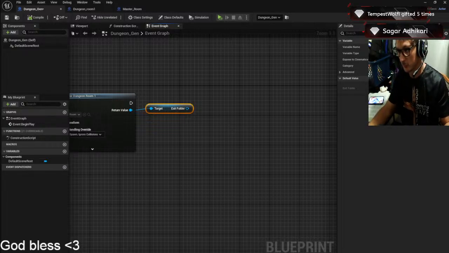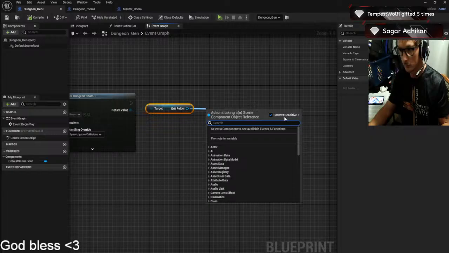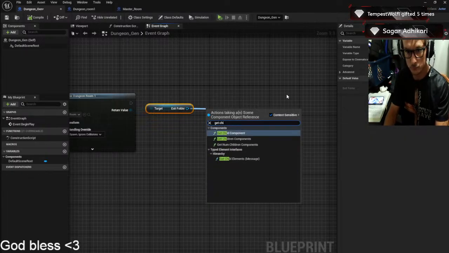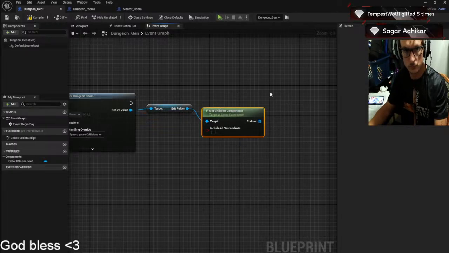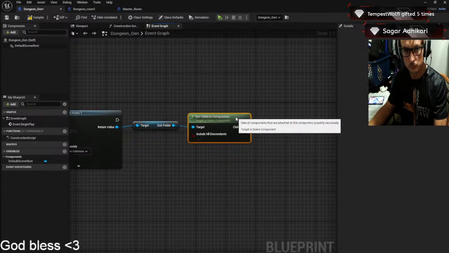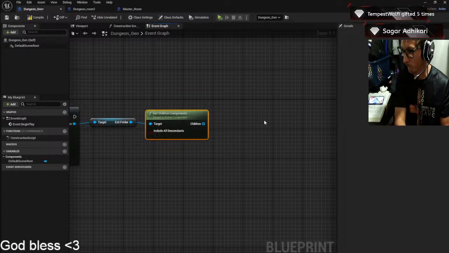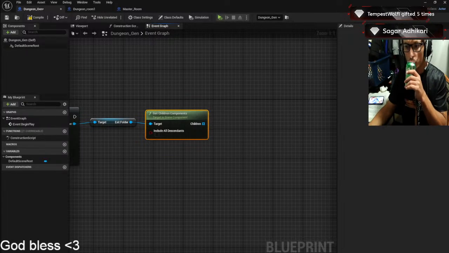And we can get children components with an S because there are more children. And every time we get something with S where there's more, we get it as a list. So now we get